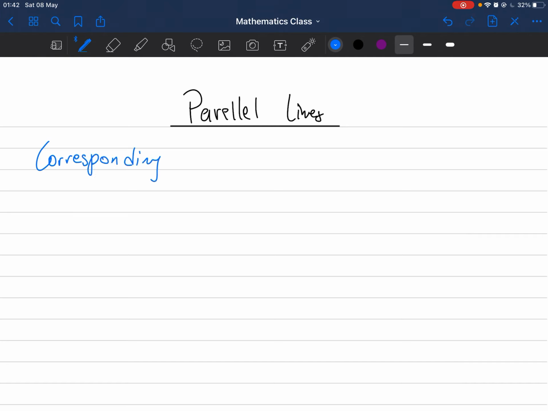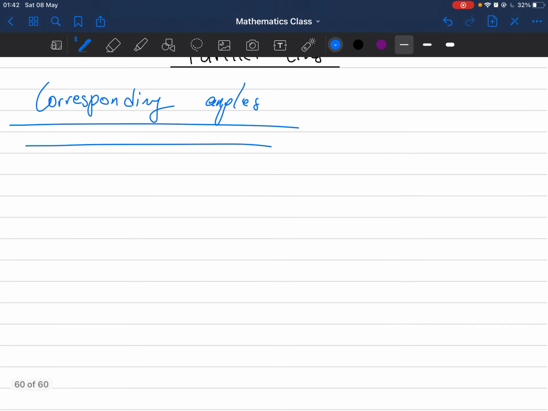Corresponding angles. So how do corresponding angles look? Okay, so let's say you have a line like this and you have two. Okay, let me just put it this way. Let me write it this way so you can see the picture that I want to show. You have two